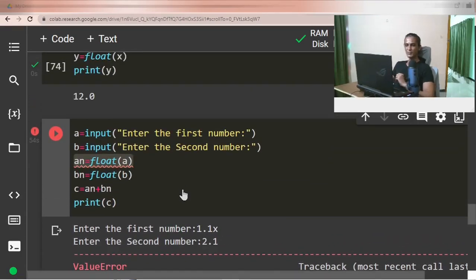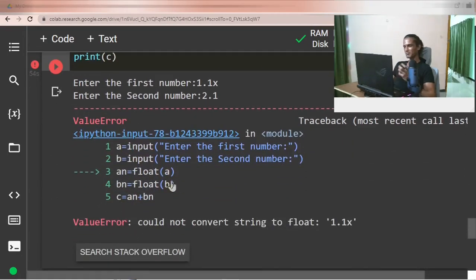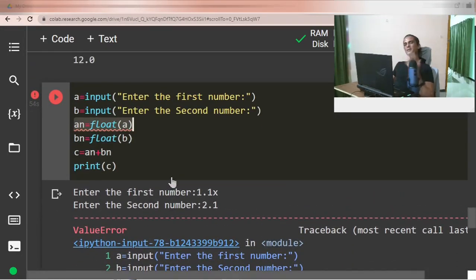We might want to solve that problem also, and if we can solve it, then our program will be sort of perfect. How to solve this problem actually? I mean, if the user enters something which cannot be converted to either an integer or a floating point number, what should we do in that case? That topic is actually outside the scope of today's video. The mechanism we use to solve that problem is outside the scope of this discussion. But for those people who are interested in knowing how to solve it,